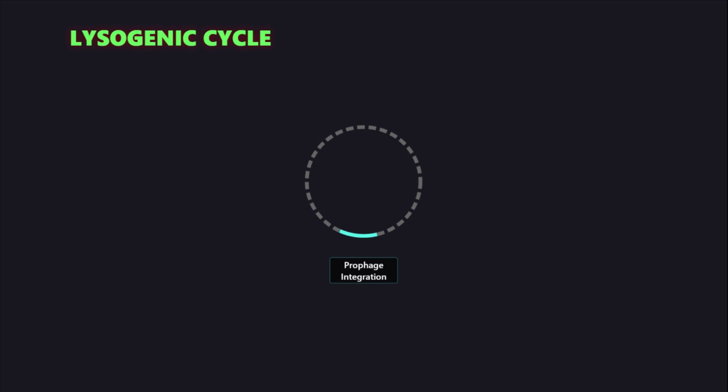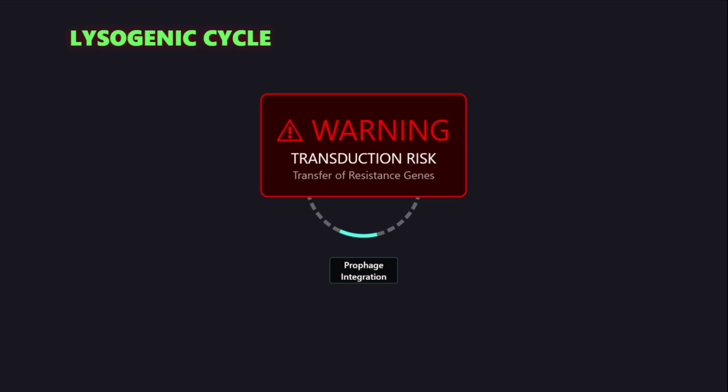Temperate phages can enter the lysogenic cycle, integrating their genome, known as a prophage, into the host chromosome. This integration is mediated by the enzyme integrase via site-specific recombination. The prophage replicates passively with the bacterial cell division, remaining dormant until environmental stress triggers induction. Induction leads to excision and subsequent entry into the lytic cycle.